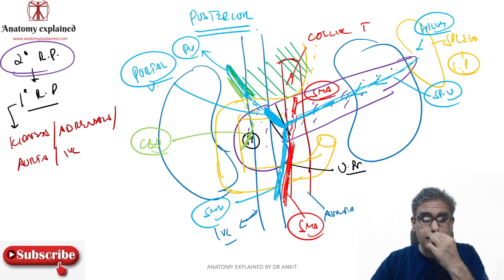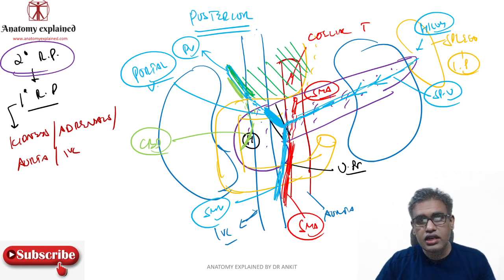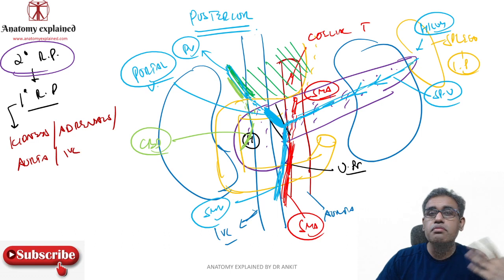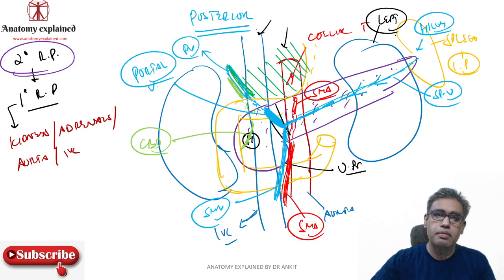These are all lying where? These are all lying posteriorly to the pancreas. So the CBD lying posteriorly, SMV, SMA, they are lying posteriorly. Formation of the portal vein posteriorly, splenic vein posteriorly. What else posteriorly? Other things which we can already see: IVC posteriorly, aorta posteriorly. Kidneys, which kidney? Only the left kidney is lying posteriorly. Okay.